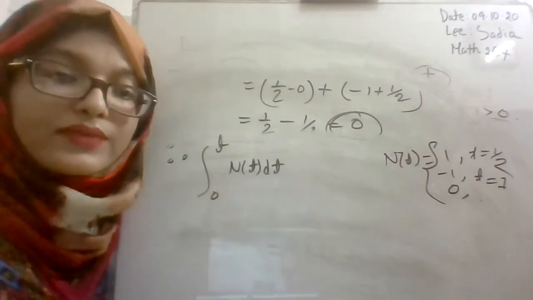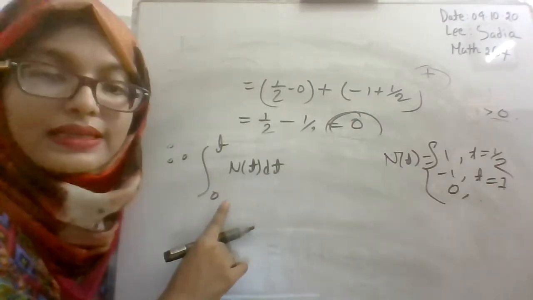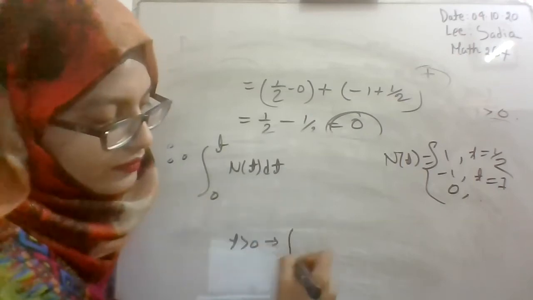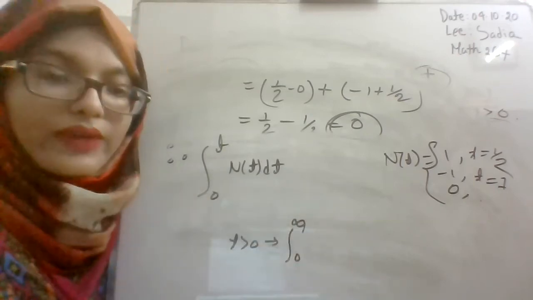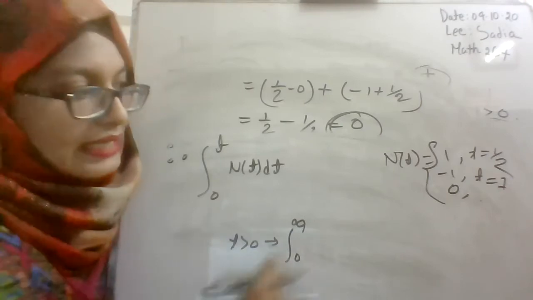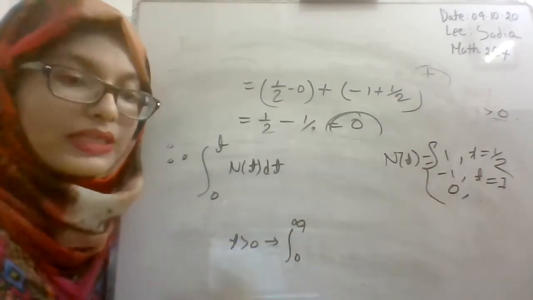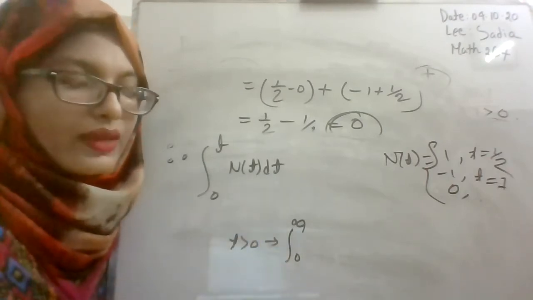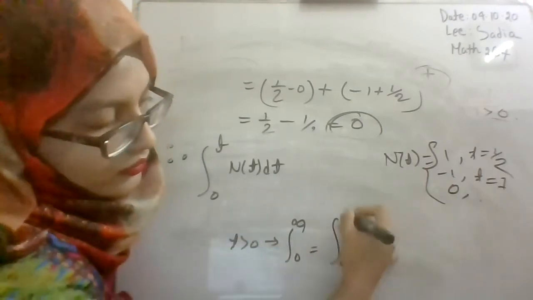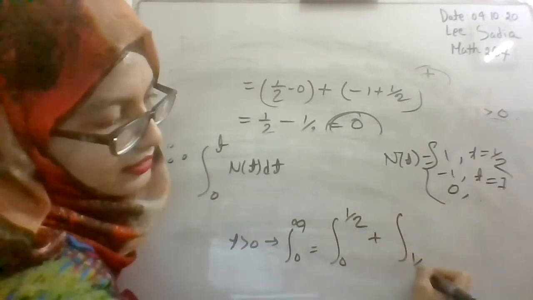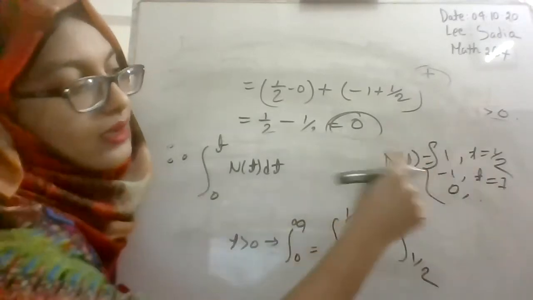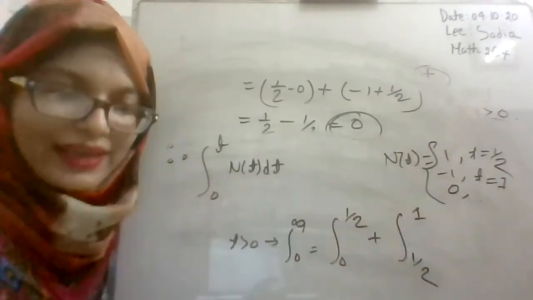Since your limit is, for considering this integration, t greater than 0, that means its range will be from 0 to infinity, right? Yes, your range will be from 0 to infinity. And since here there are two values of t, you have to divide your whole interval into 2 or 3 sub-intervals. Now your question is, since it is not given that this is for 0 to a particular value.